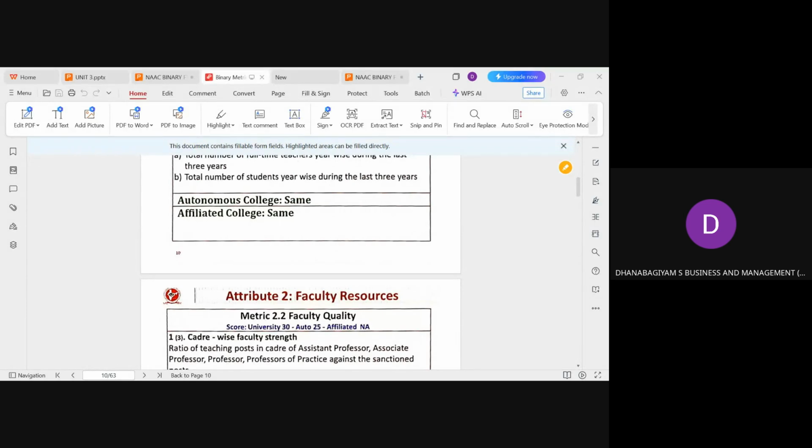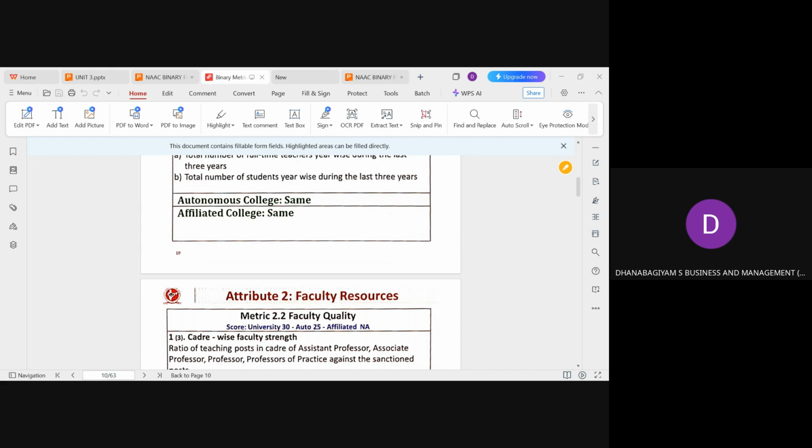Yes, third one, infrastructure, very good. Fourth one, yeah, can you tell please? Financial support, financial resources. Yes. So now we have seen only the curriculum design, which has 8 metrics. So we have seen 8 metrics, starting from designing the curriculum.